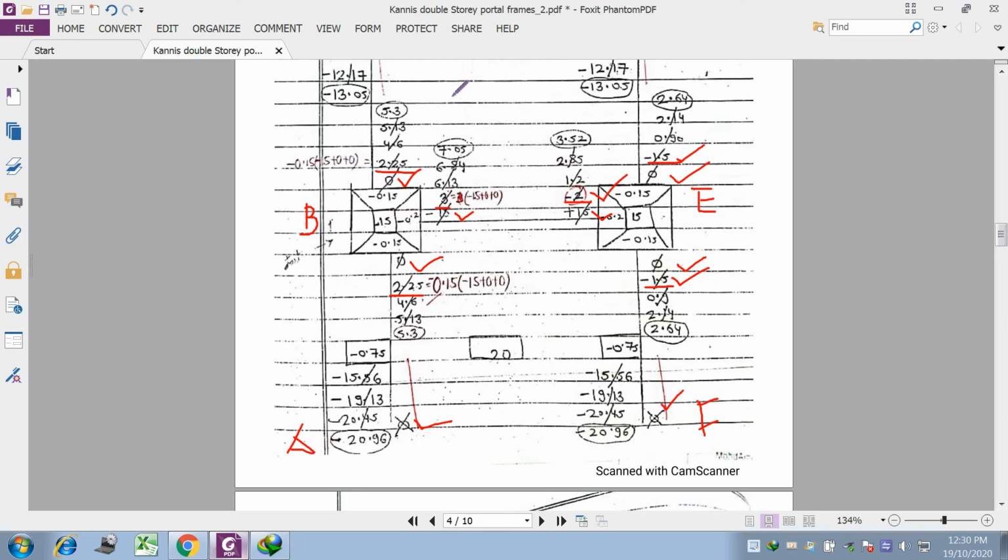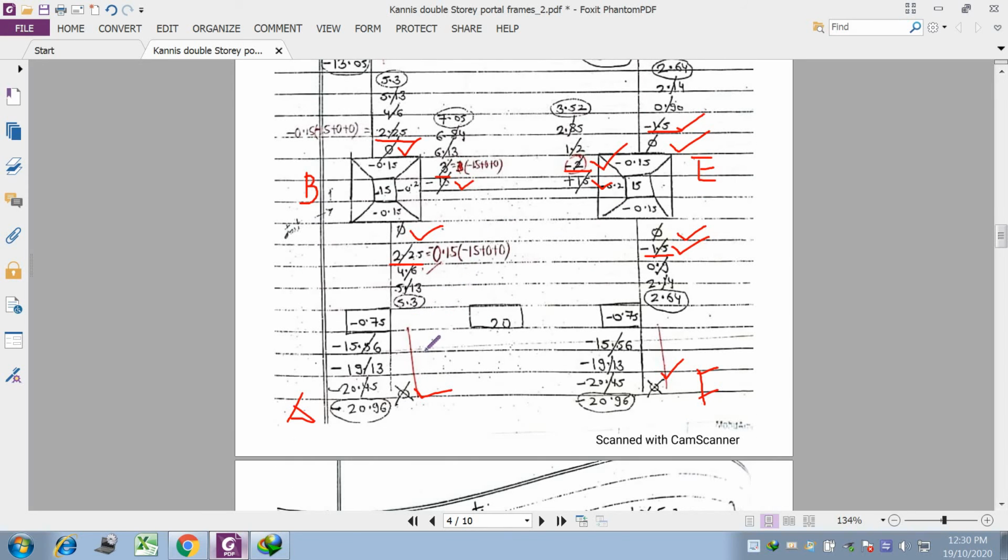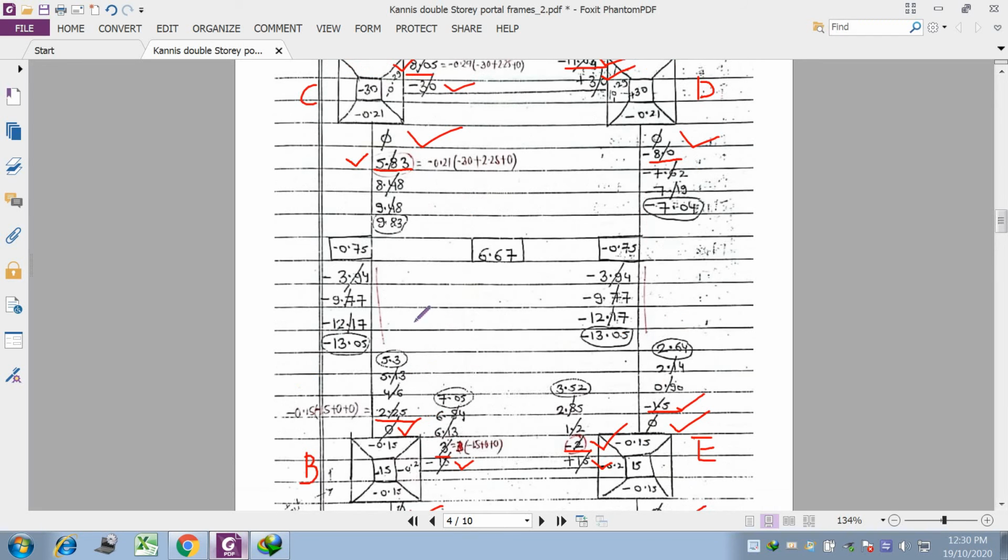So in this way we have completed our first cycle. Now after completing the first cycle, you must calculate the respective column factor. The respective column factor values are minus 15.56, minus 15.56, and here minus 3.94 and minus 3.94. You have to calculate these values after the completion of iteration number 1.